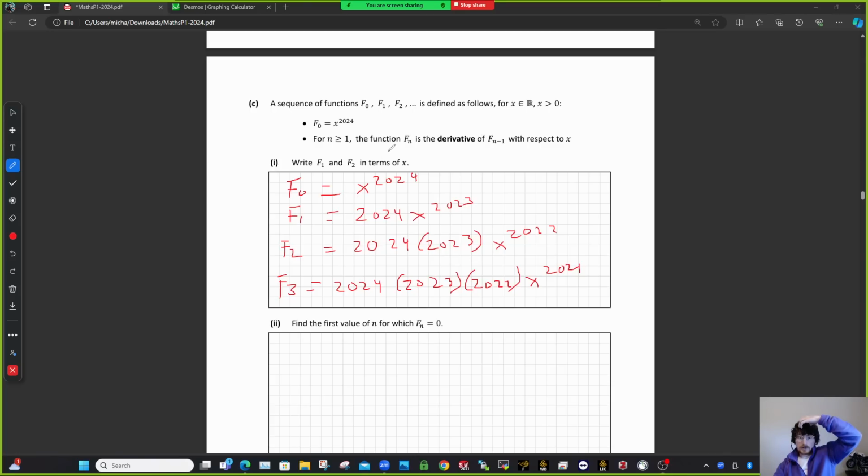Yeah, the function f of n is the derivative of the one just before it. So in other words, f2 would be the derivative of f2 minus 1, which is f1. So f2 is the derivative of f1. So that's correct. Now, you can look at that for a while, and you could be smart enough to see